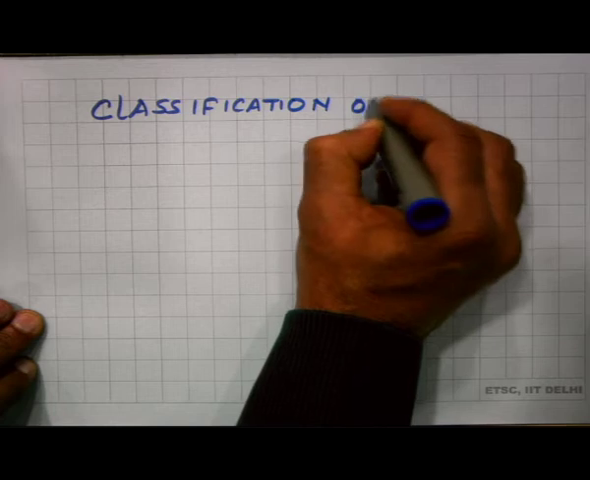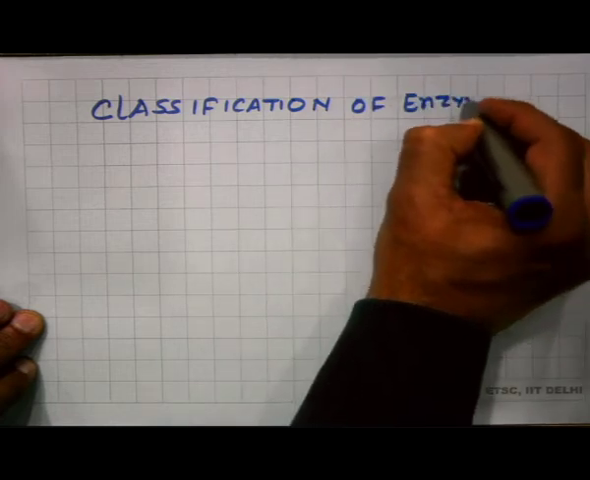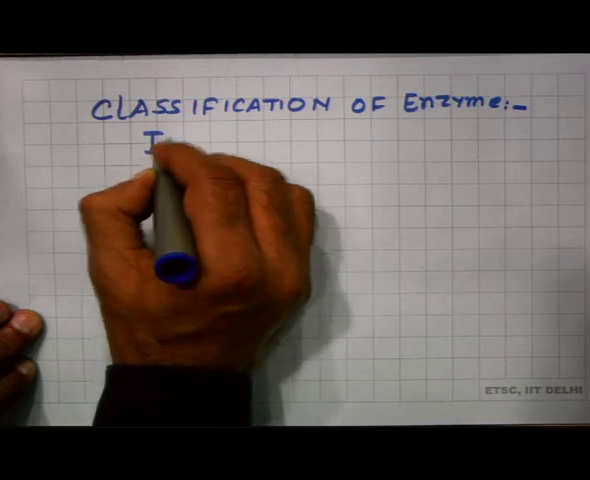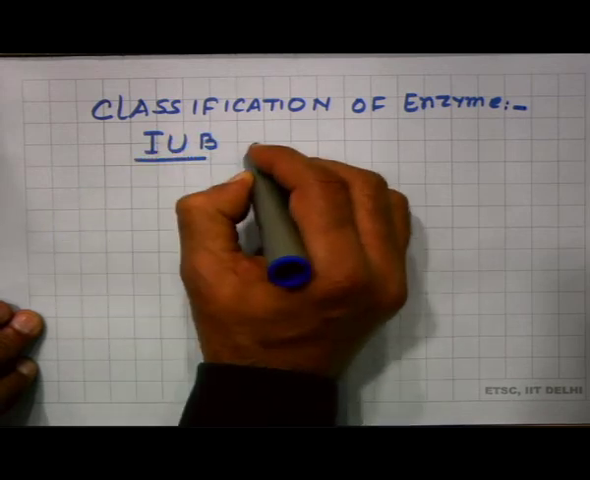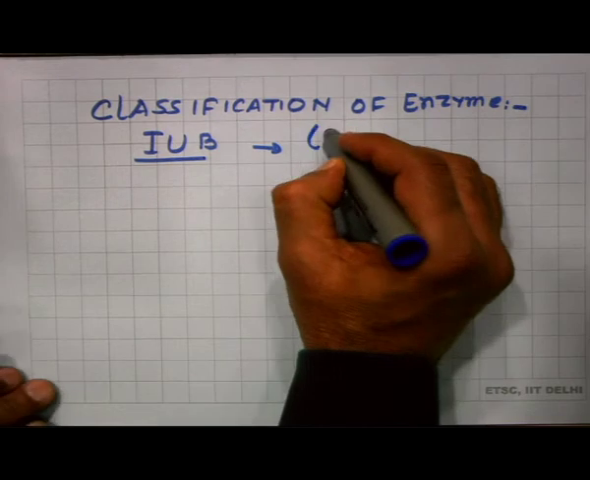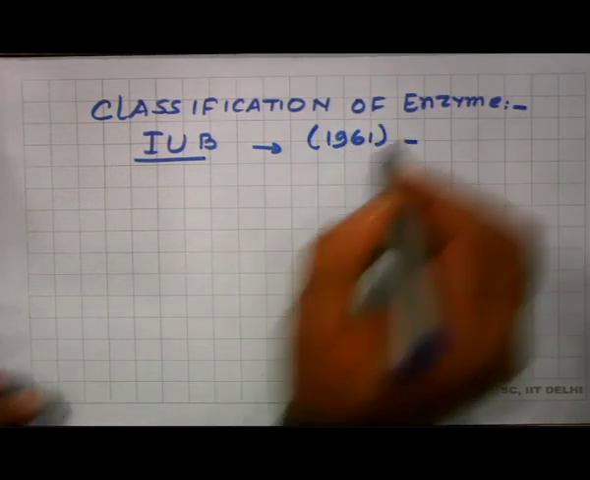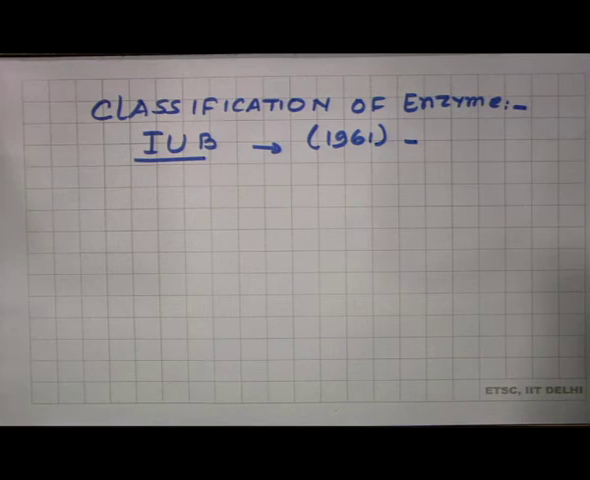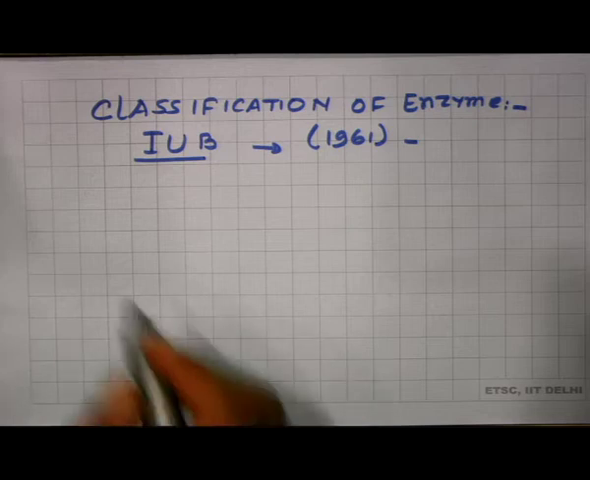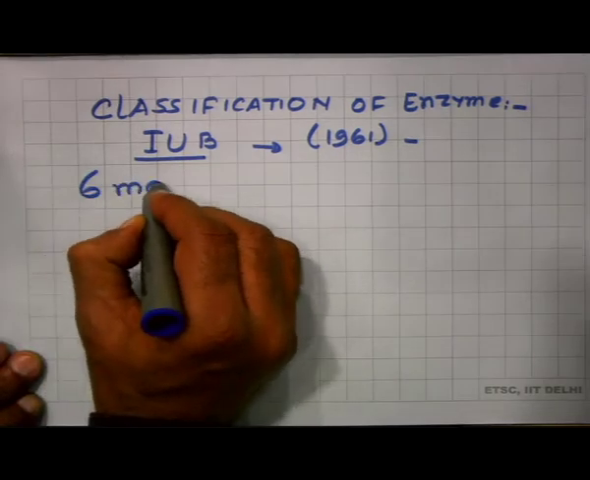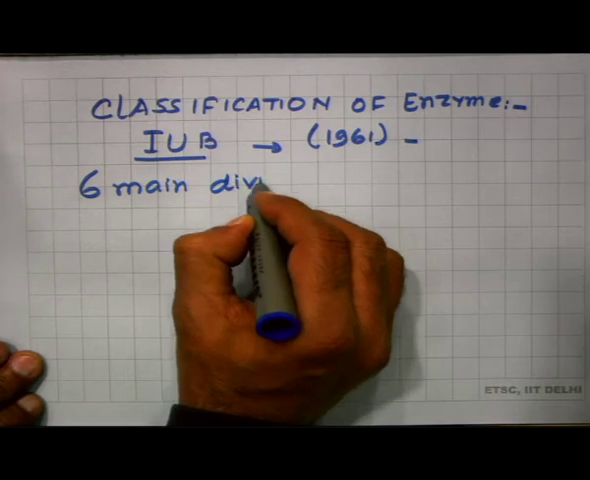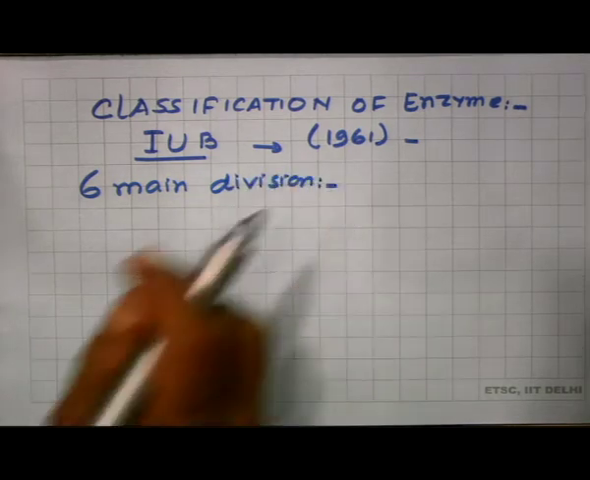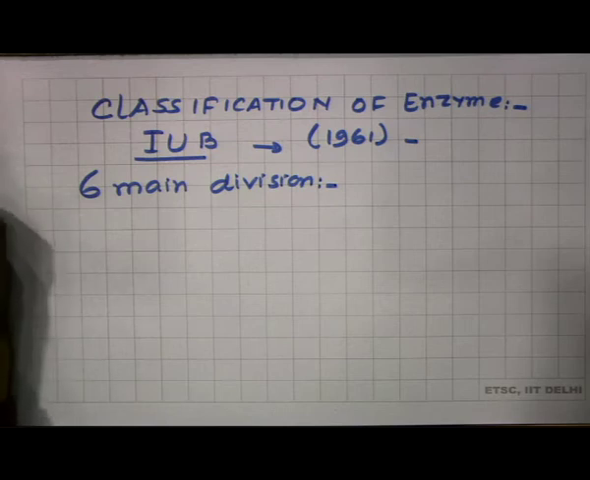Classification of enzymes. According to the IUB, in 1961 this commission decided the names and classification of enzymes. As per the enzyme nomenclature recommended, the commission has suggested 6 main divisions of enzymes. These main divisions are